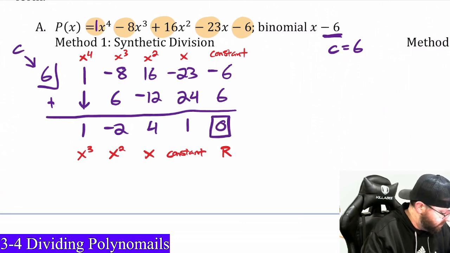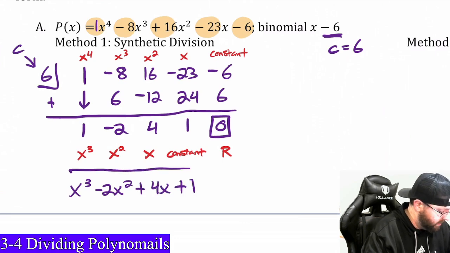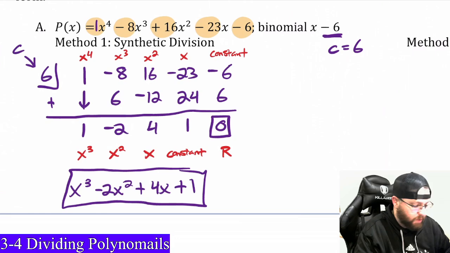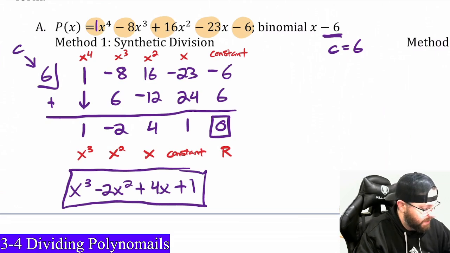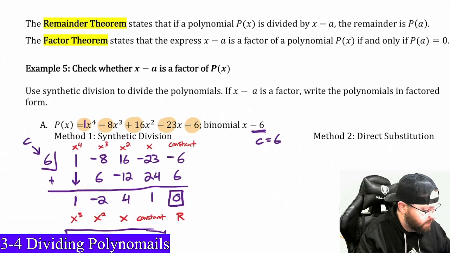So we get x cubed minus 2x squared plus 4x plus 1. That is going to be our quotient. Okay? So we're going to prove now that this does divide it. Okay, it does give us a value of 0, a remainder of 0. Going back up to the factor theorem, it states that